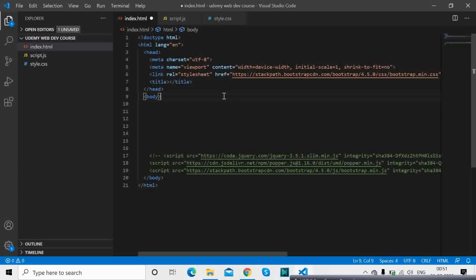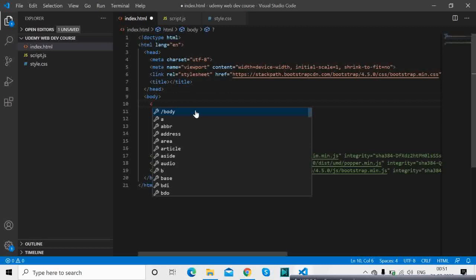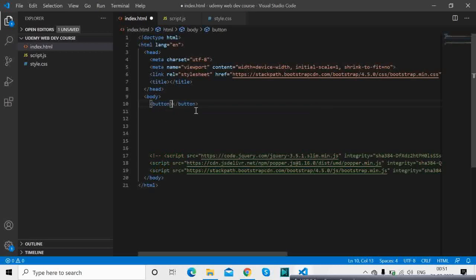Now since we have Bootstrap over here, I will show you some basics. Let's say we have a button that says click.